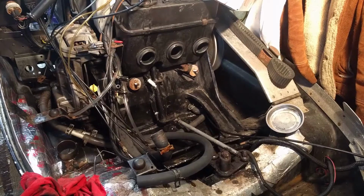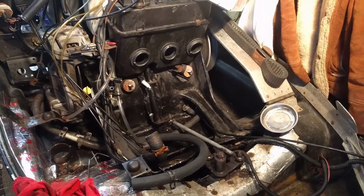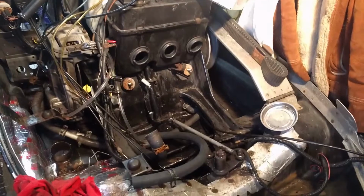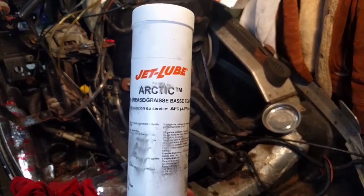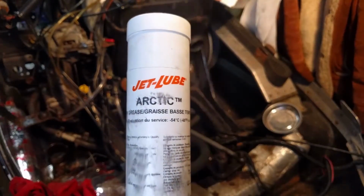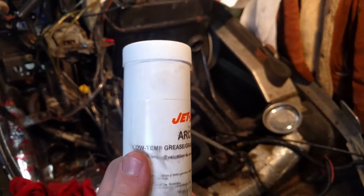Alright, so while we got the engine out, we're going to go ahead and grease this puppy up. We got a couple of zerk fittings. Haven't even found them all, but we're going to find them all today and use a low temp grease. This is what you want to use, not necessarily this brand, but a low temp grease is going to be